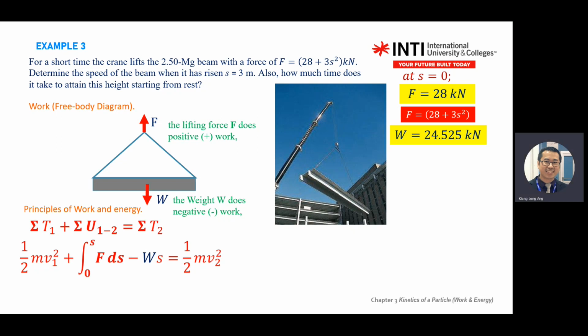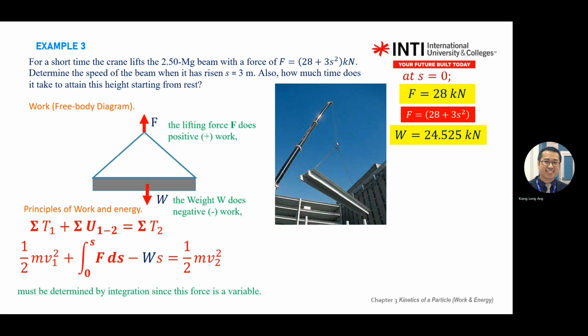You need to do integration. That's why there's the integration sign here, ds. So equation with the s, you do integration. So you do integration, what do you get? You integrate F ds. You integrate 28 plus 3s square ds. What do you get? 28 become